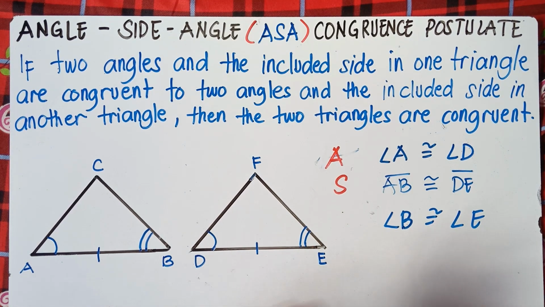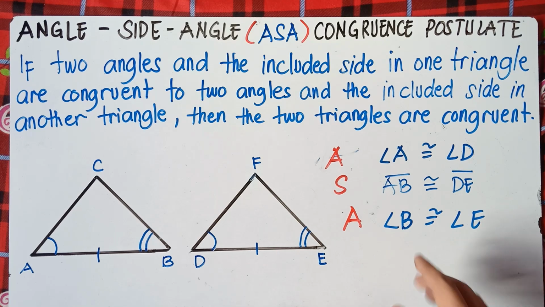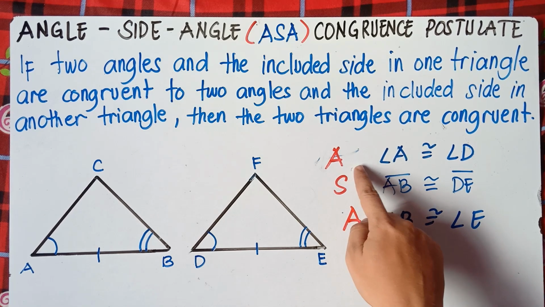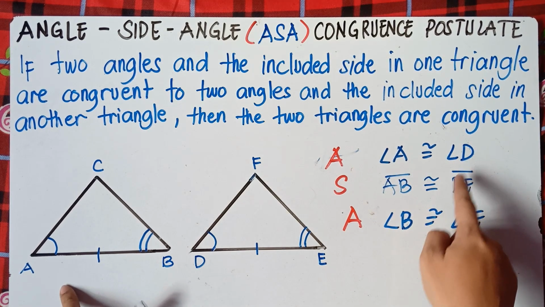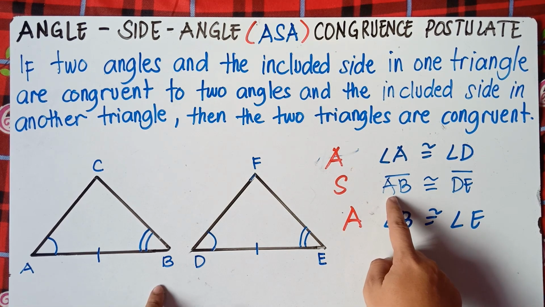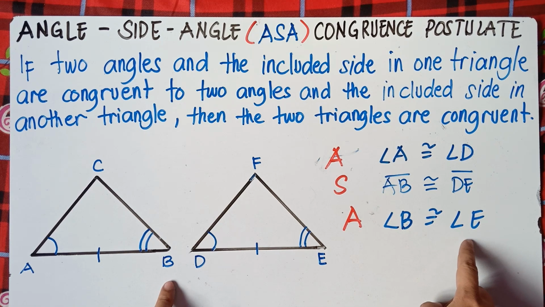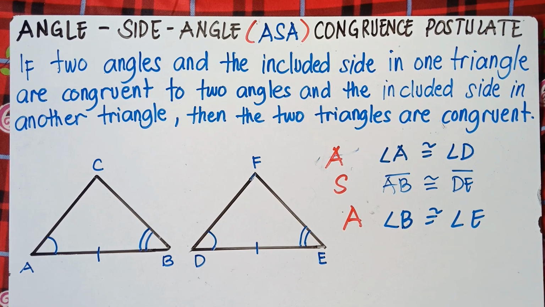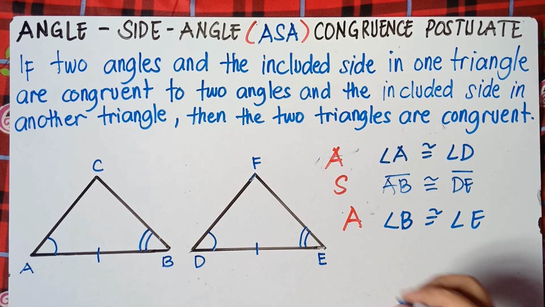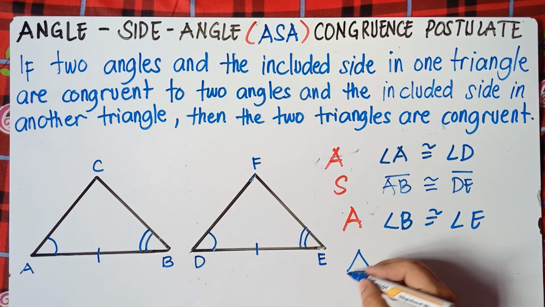So once we prove that we have an angle, side, angle, we have three congruent pairs. Angle A is congruent to angle D. Side AB is congruent to side DE. And angle B is congruent to angle E. Therefore, we can write the postulate, we can write it as triangle